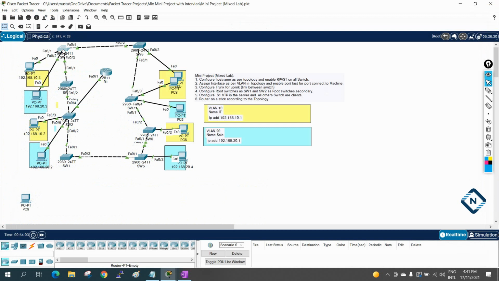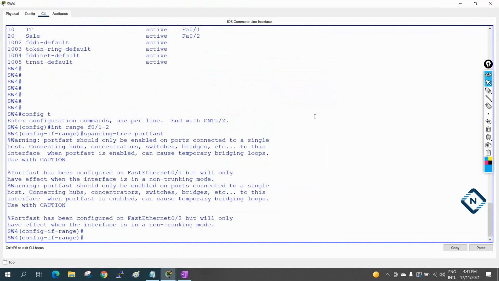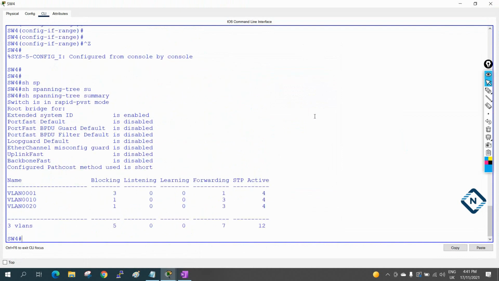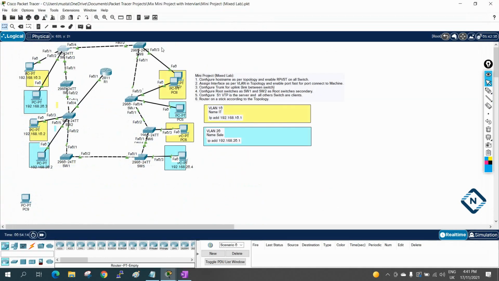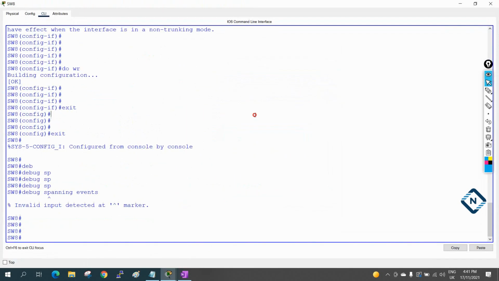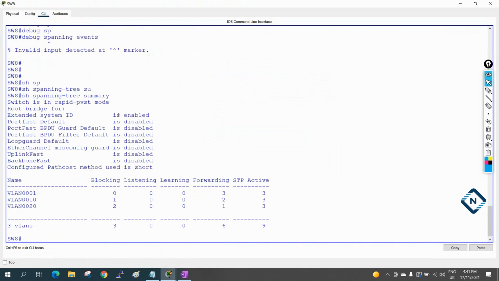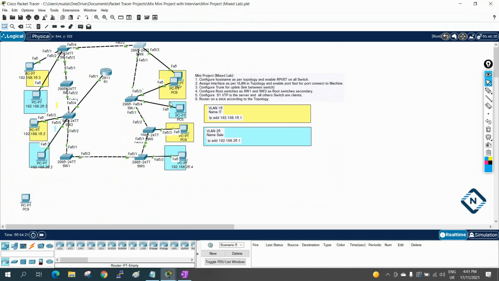So let me go to switch 4 and do it here also. Show spanning-tree summary. Here also good in switch 4. Let's go to switch 5. Show spanning-tree summary. Switch 5 is also having the rapid PVST.